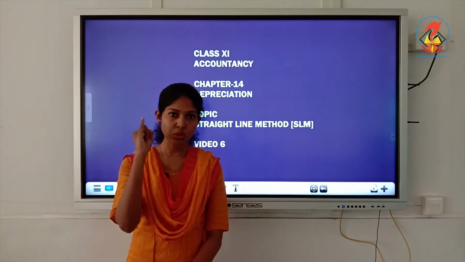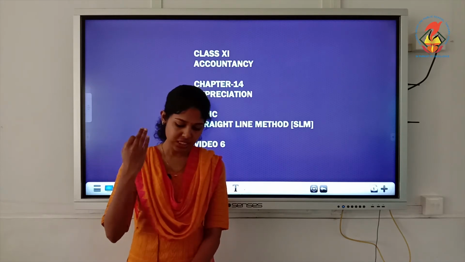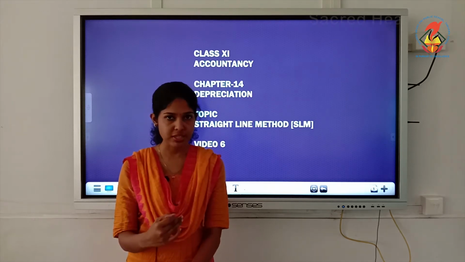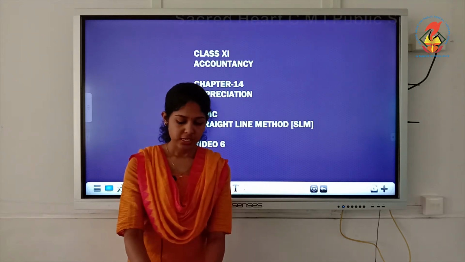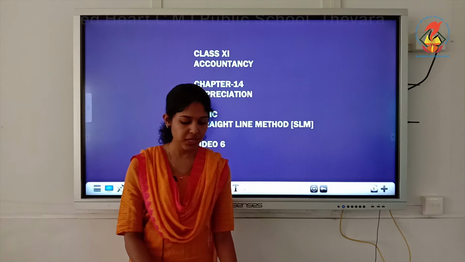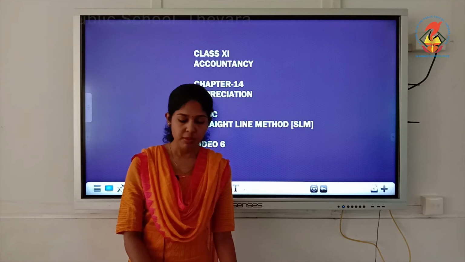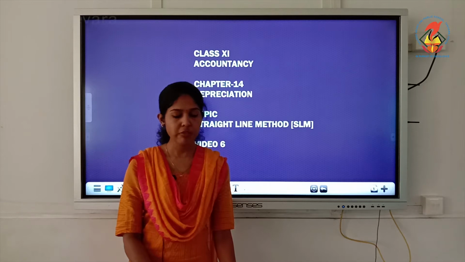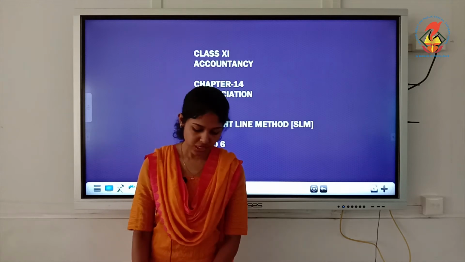So we are starting with 2015. The first financial year will be 15-16, then 16-17, 17-18. That sales is taking place on 1st April 2017. That is the third financial year. It was sold for rupees 3,000. Then next page we have show how machinery account would appear in the books. Then depreciation rate is 10% and it is fixed installment method, that is straight line method. What would be the value of machinery on 1st April 2018? That is the question. Okay, so we will start this.